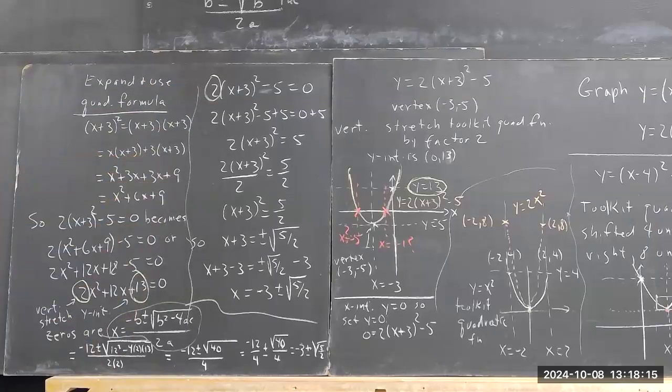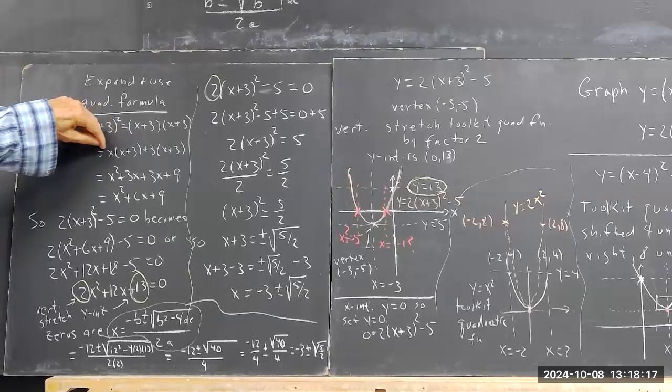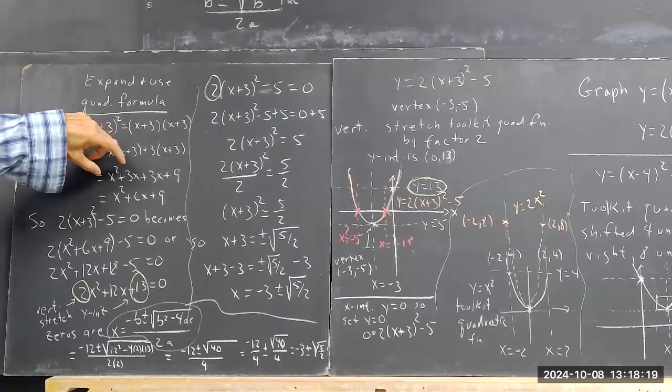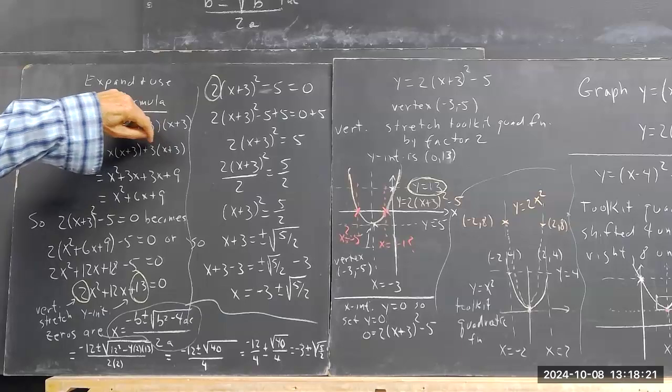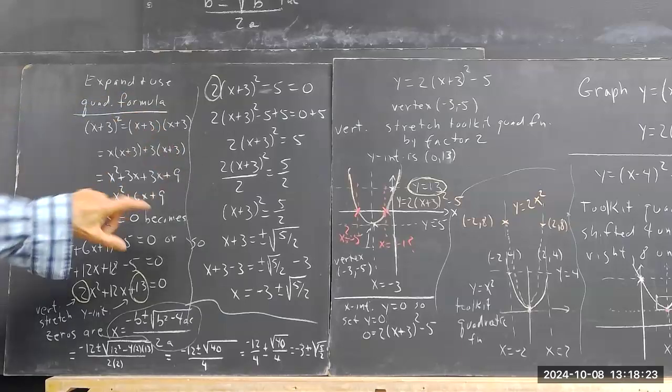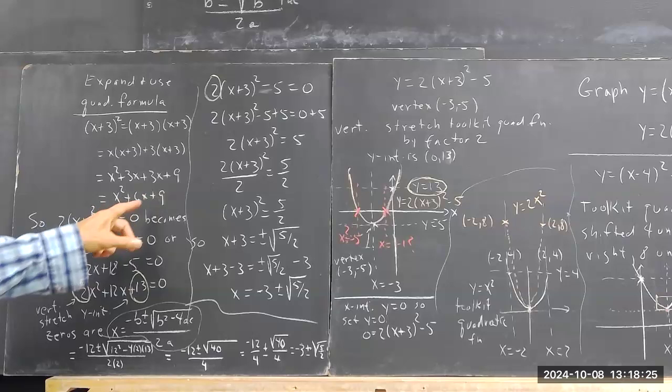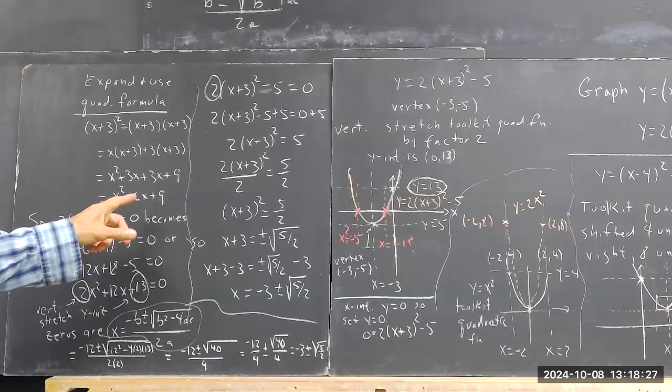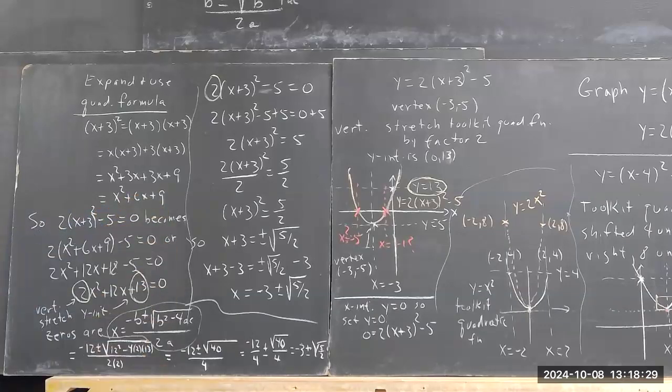That's what I did here. And then you multiply the x by the x and the x by the 3 and add those. And the 3 by the x, multiply the 3 by 3 and add those. You get this. And you put the two 3x's together, give you 6x, you get x squared plus 6x plus 9,